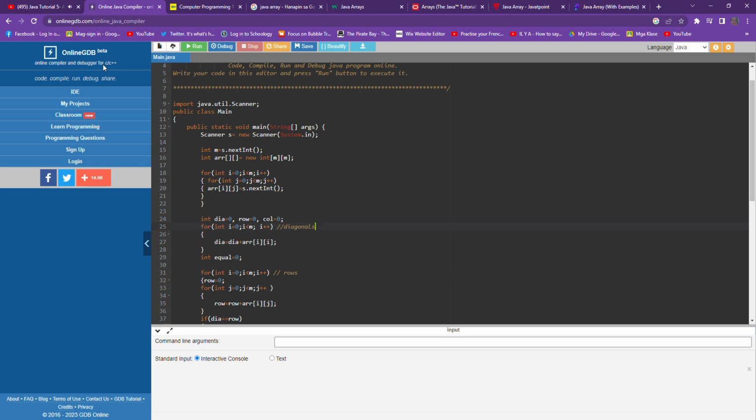And the next value 1. Here let us say 40. Now this is a second row. Now enter into the third row. A of 2 and 0 is equal to 50. A of 2